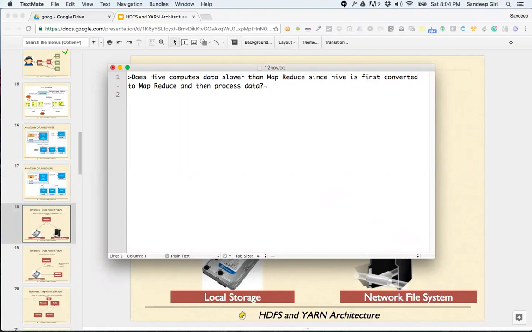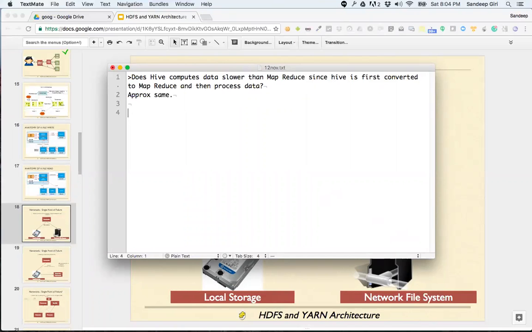Here, my answer will be the time will be approximately the same. Why? Because the time it takes to parse an SQL query and convert it into MapReduce is very small, maybe in milliseconds, while MapReduce takes a minimum of around 5 seconds to boot the process, because it needs to communicate and coordinate.